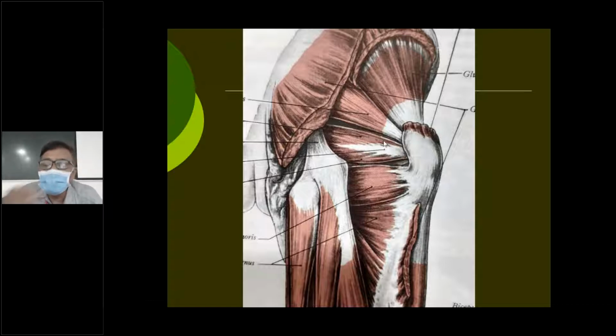After that, a little further down, you see the white color. This is the tendon of the obturator internus muscle. The first one I said is piriformis. This is obturator internus, and it is fused with 2 small muscles above and below, called gemellae: superior gemellus and inferior gemellus. So now we have covered 4: piriformis, superior gemellus, obturator internus, and inferior gemellus.